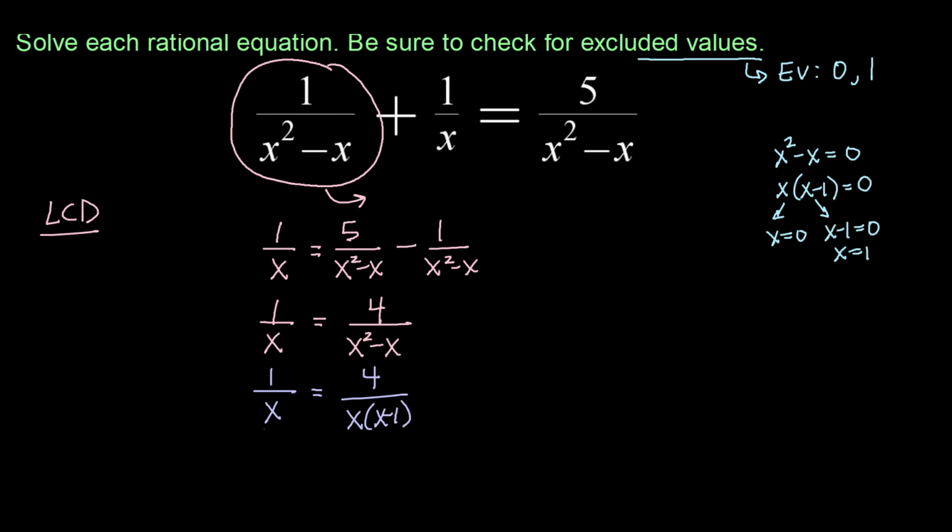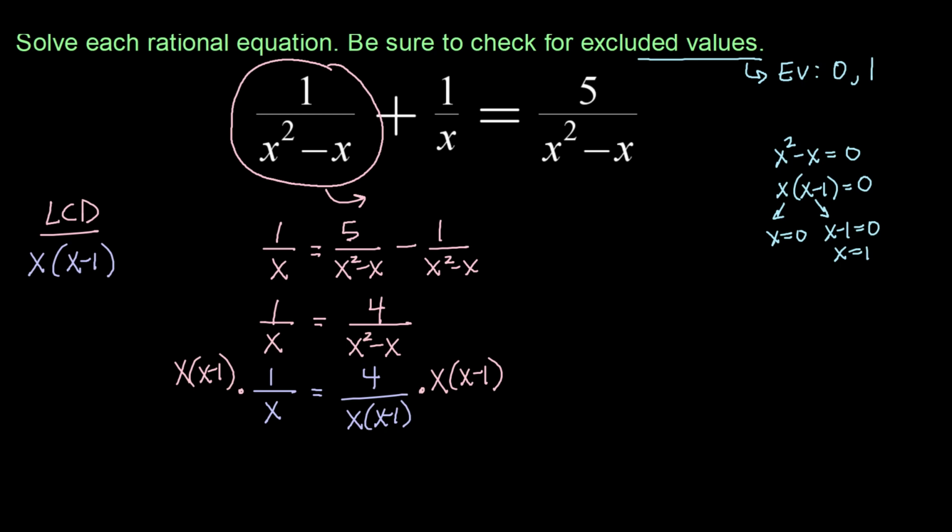I can see that my denominators actually already share a factor of x. So that means my least common denominator is just x times x minus 1. So if I multiply both sides by x times x minus 1,